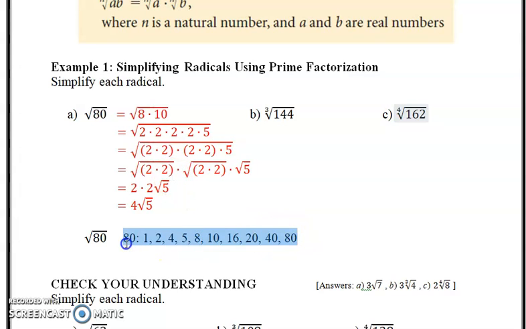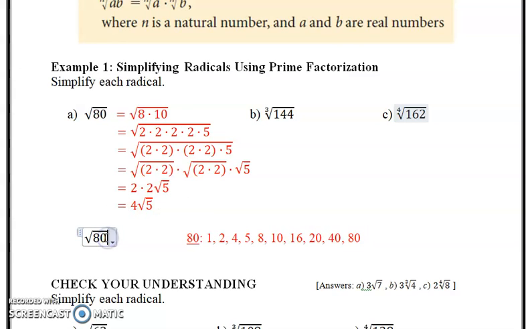Some people would say, "Oh, this is harder for me." Well, that's why we have different methods, right? And we show a couple ways to work this through. And then what I do is look for the greatest perfect square factor, which would be 16, right? So when I do that, I can say that the square root of